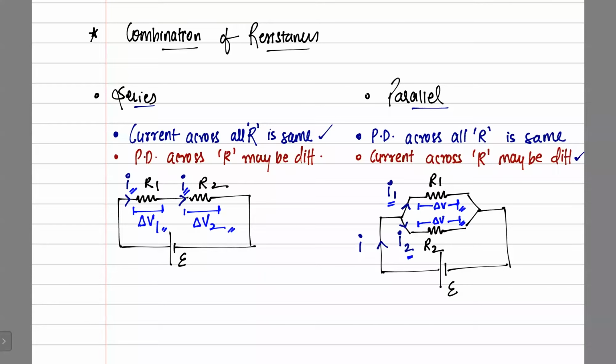We will keep it very simple. Series combination है, इसका मतलब current same होगा. Parallel combination, इसका मतलब potential difference same होगा. Series combination है, current same होगा लेकिन potential difference अलग हो सकता है। Parallel combination है, potential difference same होगा लेकिन current अलग हो सकता है।